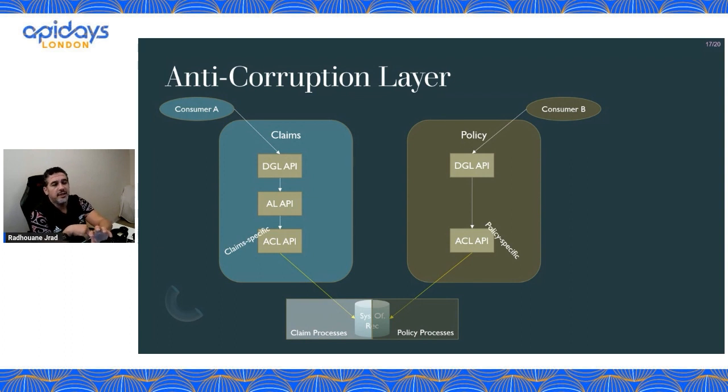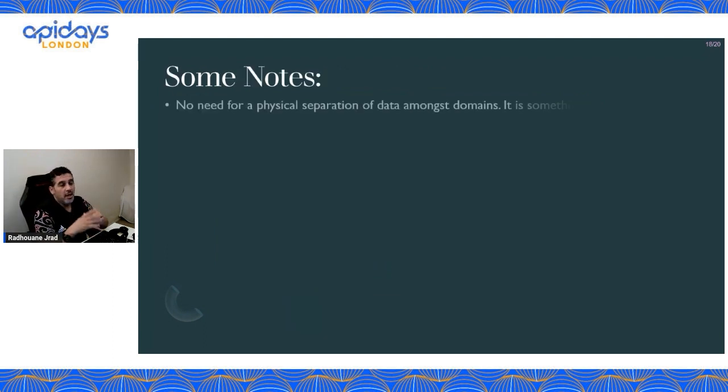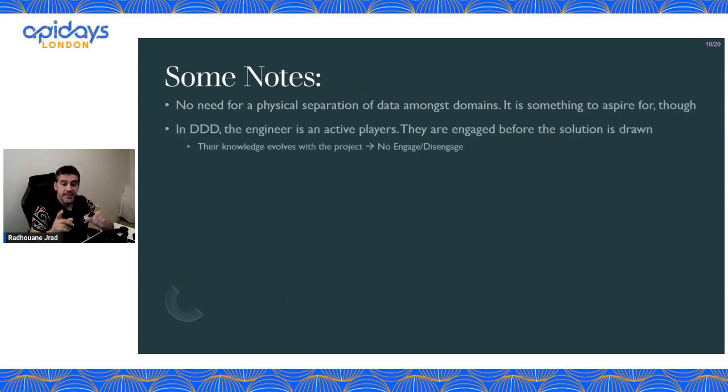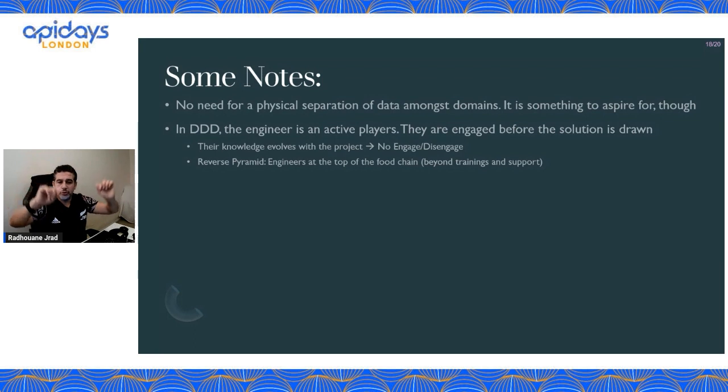That anti-corruption layer has to be replaced with a new one pointing to the new claims system. So if you need policy, you go through the policy domain, as I said, through the Gatekeeping API, and then you get your data. Hopefully I explained how you structure your APIs based on the business domain. You are not reinventing the wheel. The business has structured its way like this, explicitly or not. So you reflect that by putting each domain's API separately, and you make sure they go through the doors to communicate and get each other's information.